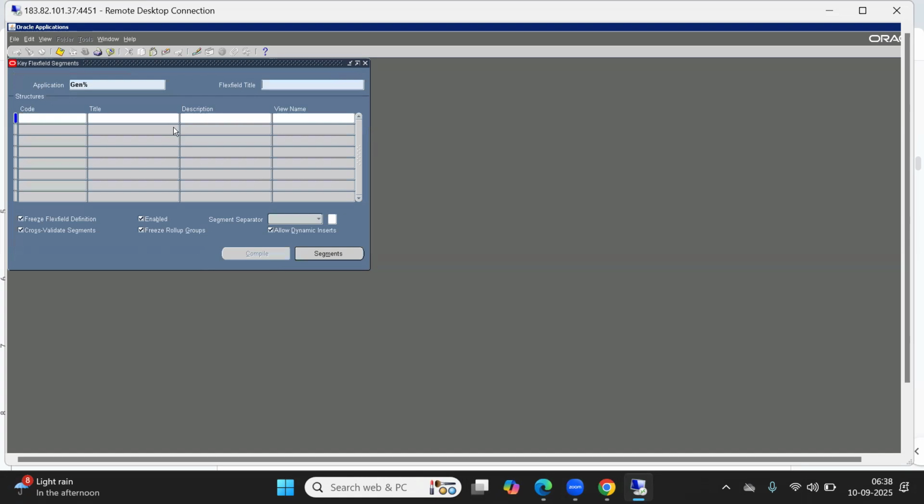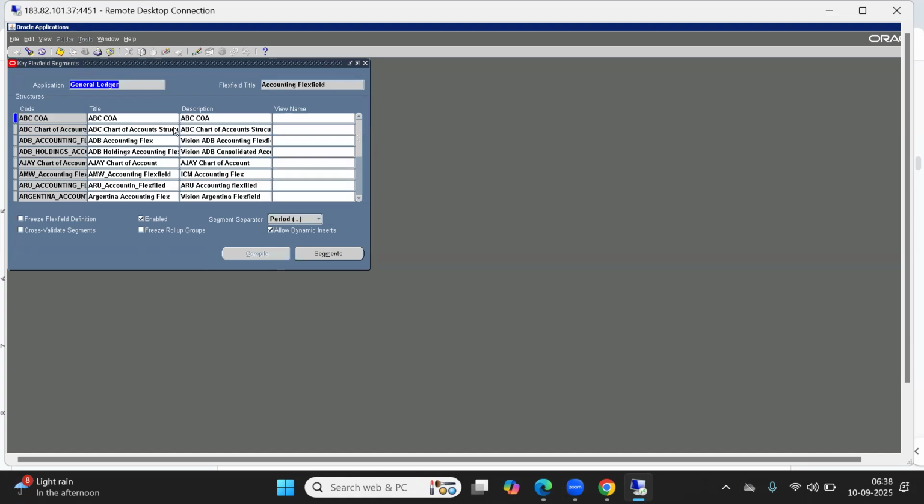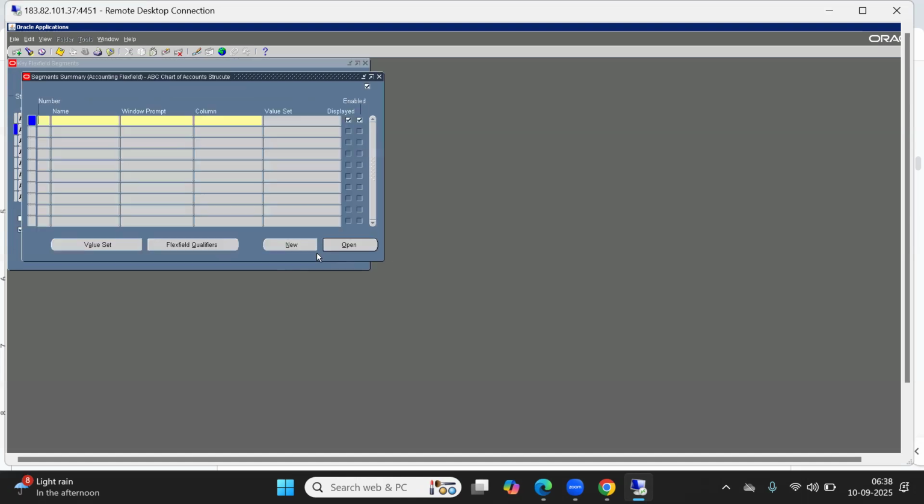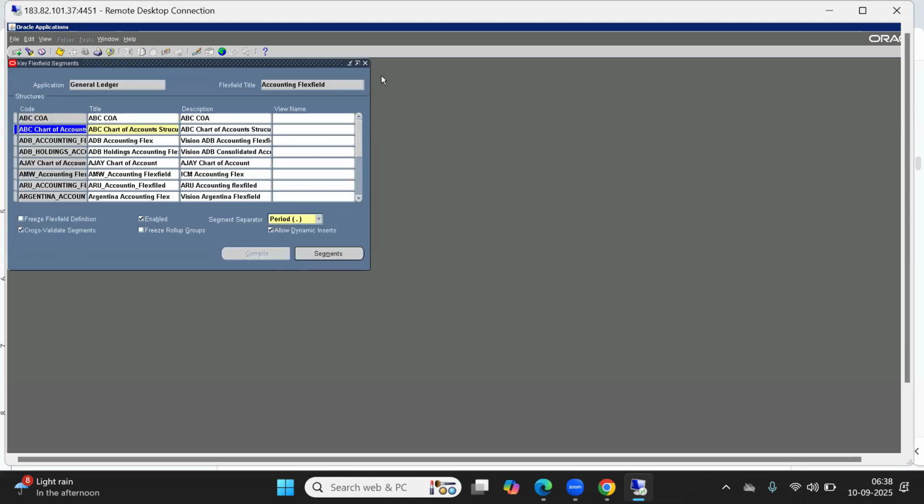So general ledger, accounting flexible. Yesterday we created a new chart of account structure, right? Even this one we can use, but let me show you what mistake we have done. Okay, we have deleted all of this. So here